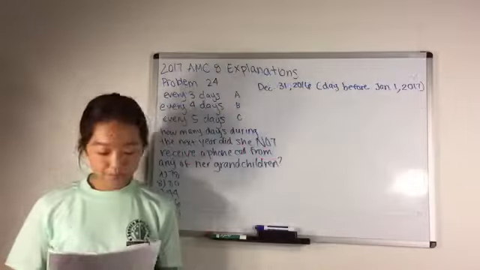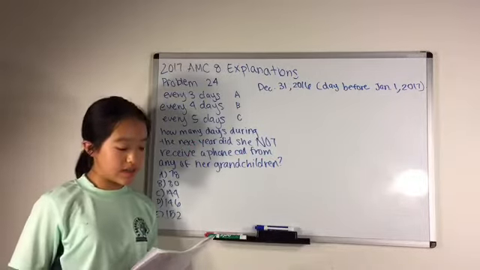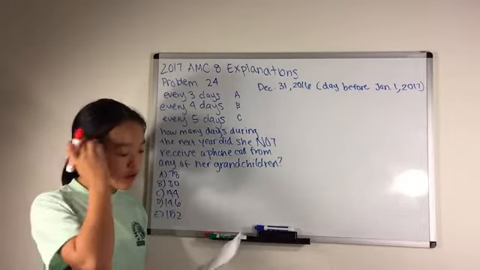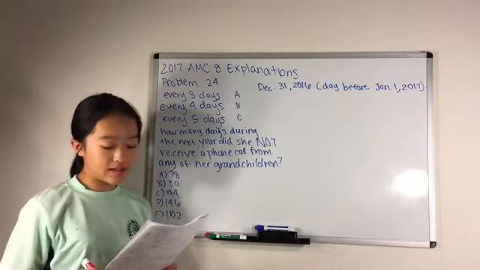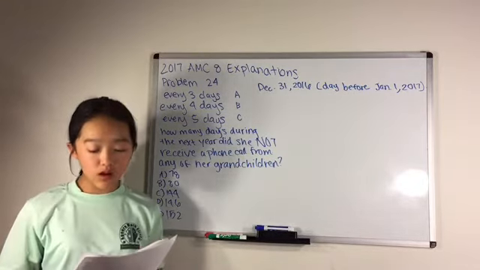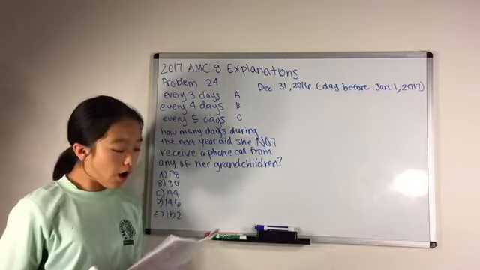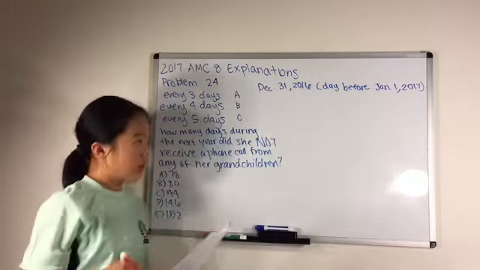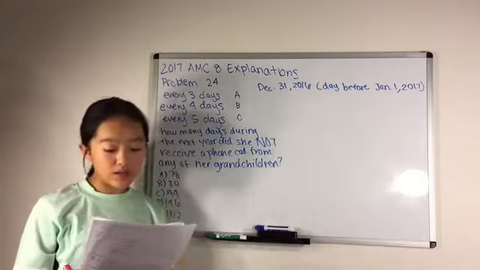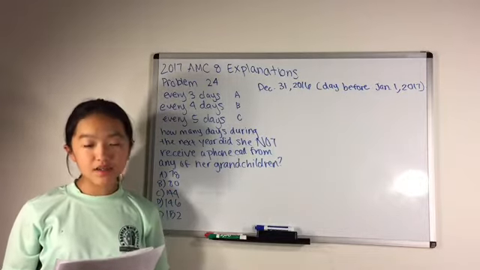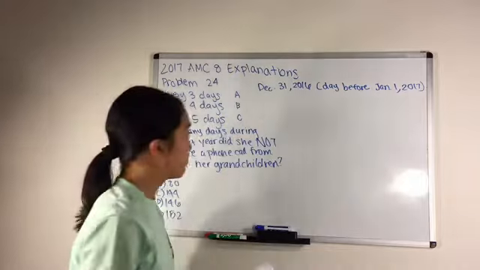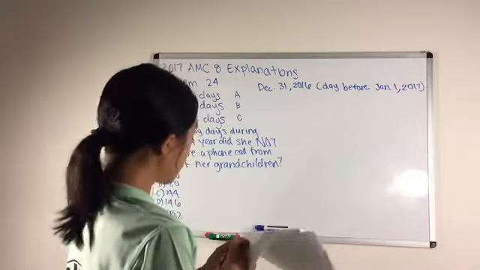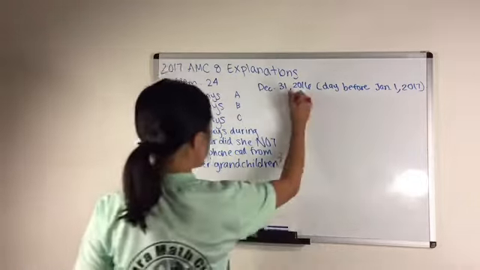Problem number 24 says, Mrs. Sanders has 3 grandchildren who call her regularly. One calls her every 3 days, one calls her every 4 days, and one calls her every 5 days. All 3 called her on December 31st, 2016. How many days during the next year did she not receive a phone call from any of her grandchildren? So in order to solve this, we could do 365